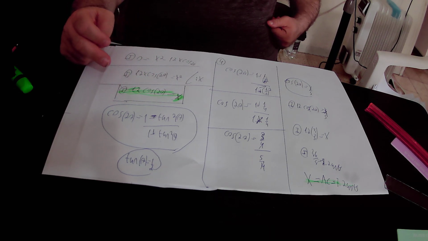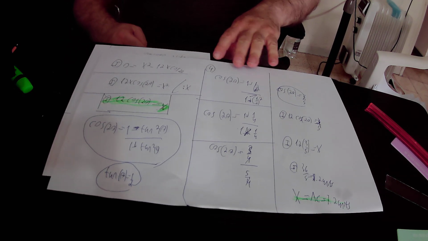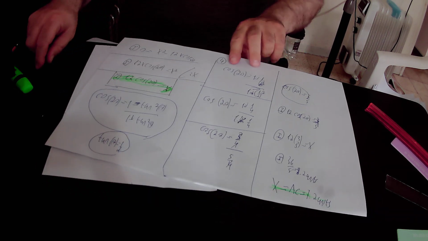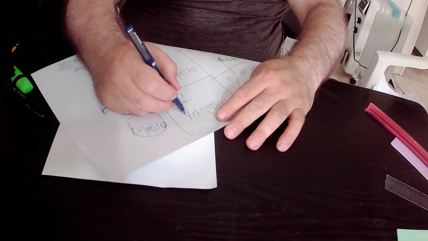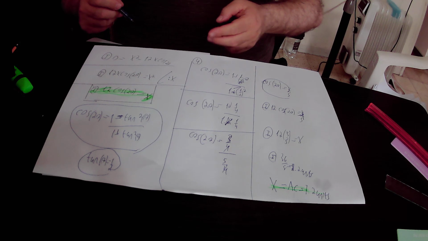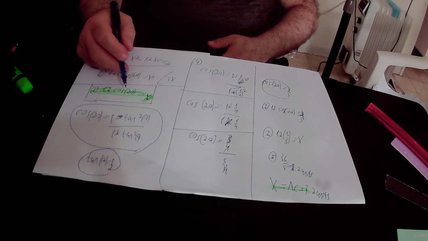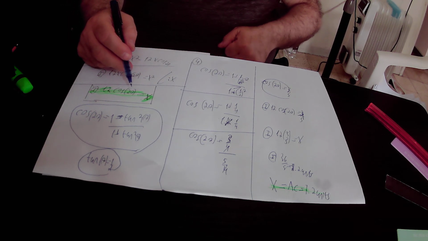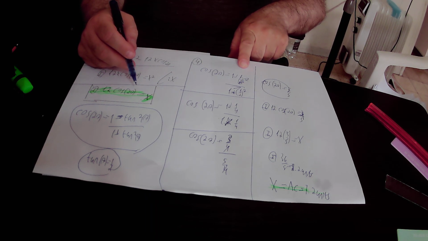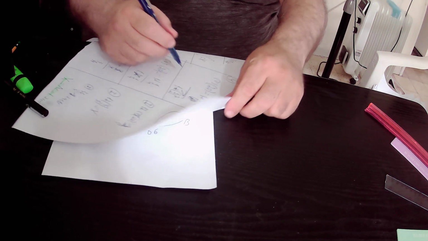If tangent theta equals 1 half, tangent squared theta equals 1 half squared. So the numerator is 1 minus 1 half squared,